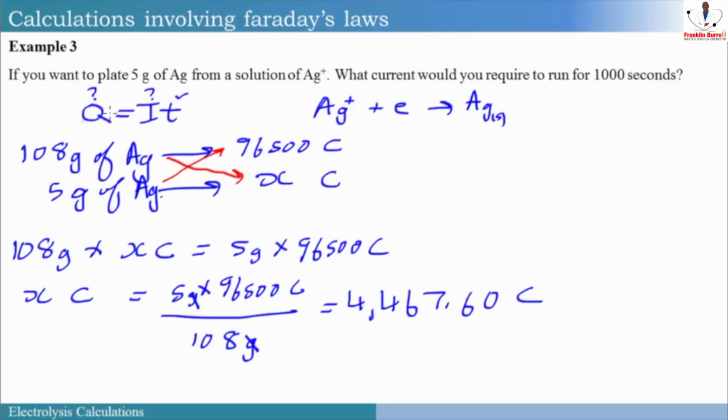Now we now have Q and we have time. So let's find I. So from that, Q equal I T. And since we have Q and T, we can find I. So I is equal to Q over T, which is now